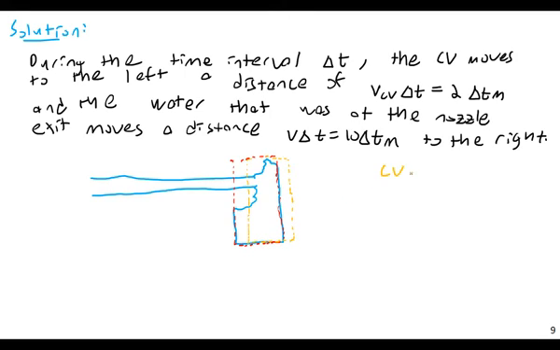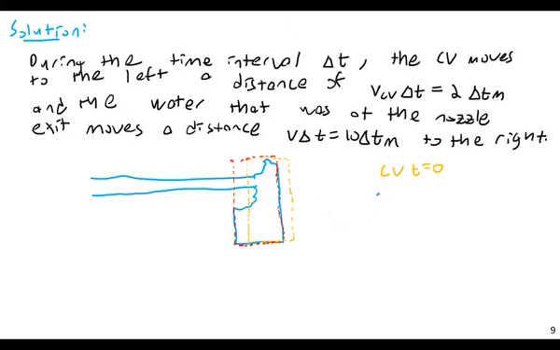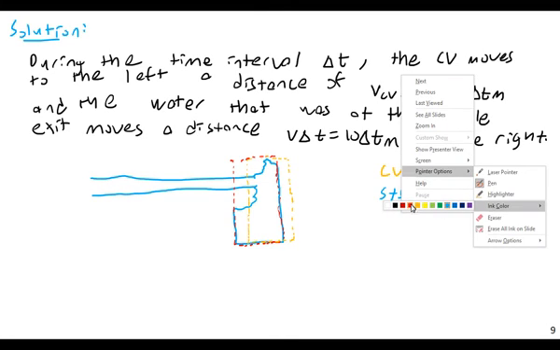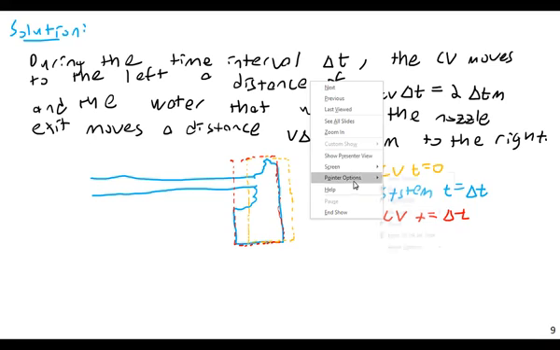This is CV at T equals 0, and let me just mark all these with a little key over here. This is system at T equals 0.1, or T equals delta T perhaps. No, I'll do it delta T, that's fine. We can do this for any T. System at T equals delta T. In the red, I have the control volume at T equals delta T. And then maybe in green here,